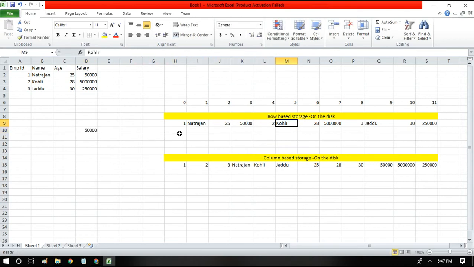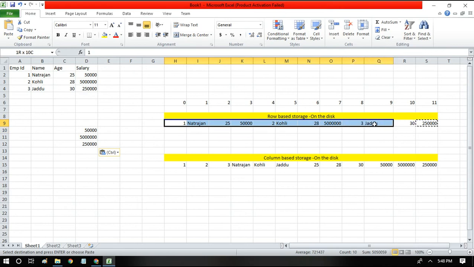Similarly, it will keep proceeding till it finds the second value of the salary column. Once it finds 50 lakhs, it will make a note of it, and similarly it will move on to find the last value of the salary column. If the file is simple, this search pattern will work fine. But assume it is big data, with the file being GBs and TB in size. Assume how the scanning will make the entire process